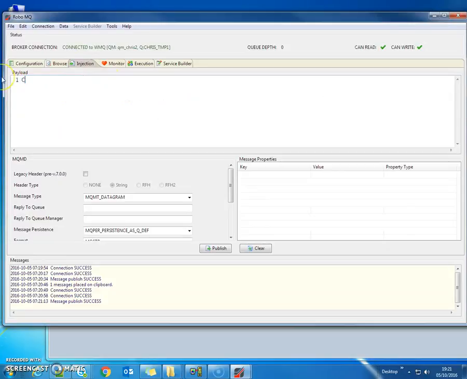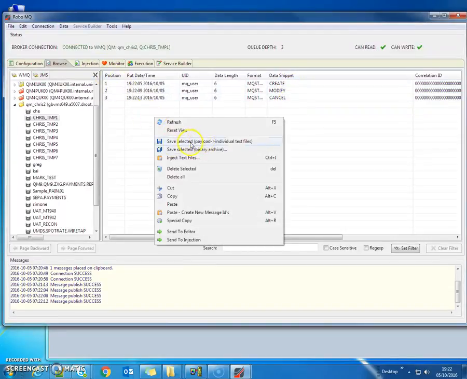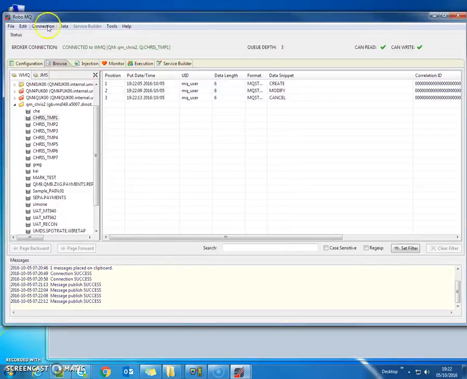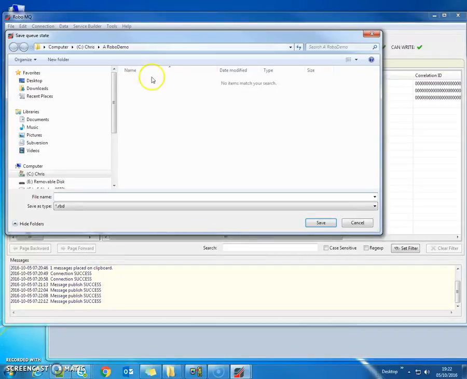So if we create, modify, and cancel, we now have these 3 messages on the queue. So let's archive them. Backup queue as a binary archive. So we'll stick it in our little demo folder